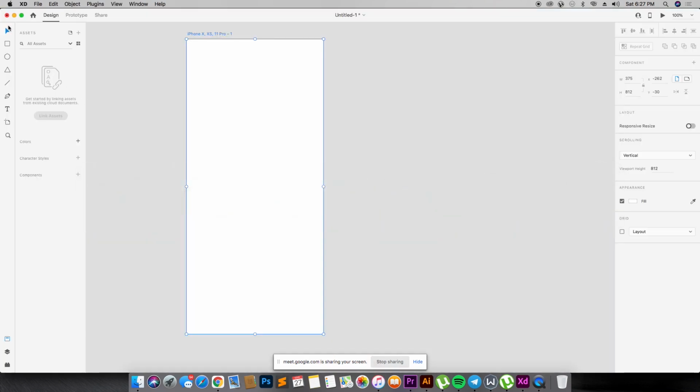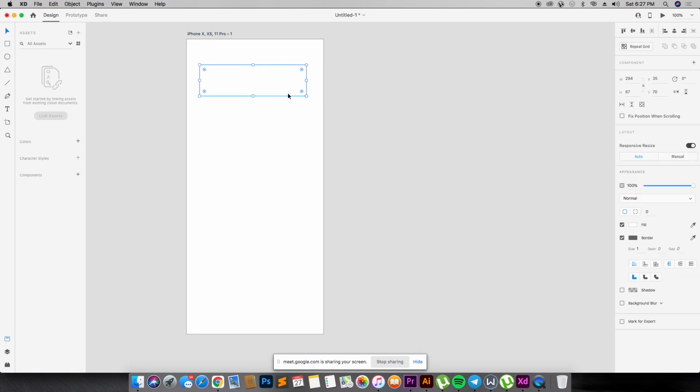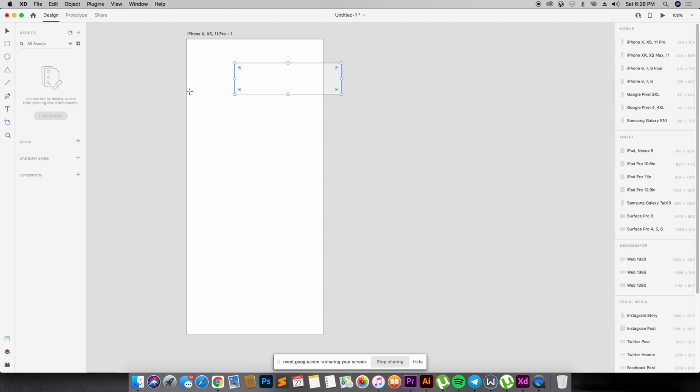So yeah, they all have shortcuts. All the shortcuts are in brackets. So you can see that the shortcut for selection is V, shortcut of rectangle is R. If I click on V, that's select. If I click on Z, that's zoom. If I click on E, that's the ellipse. I don't know what it is for the polygon. For the polygon is Y. Line tool is L. Then the pen is P. Our text tool is T. Our artboard tool,